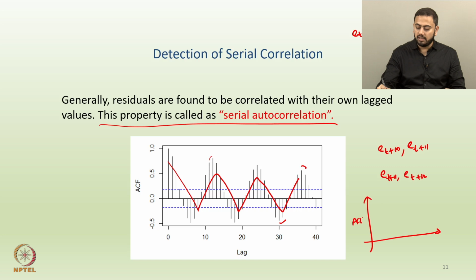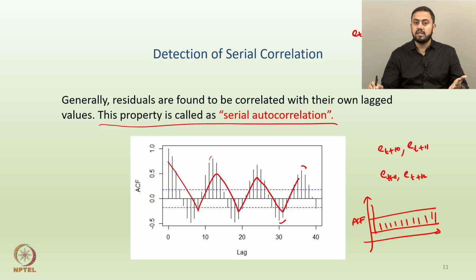So, if you draw the ACF of the errors, now let us say these are the hypothetical bands, then as discussed earlier, probably after lag 1, all the other correlations should be inside the band, or not significant. So, if something like this is happening, then we can safely say that the residuals do not possess a serial autocorrelation problem. But if you have any particular pattern amongst the correlations of errors, then we can say that the errors have a serial autocorrelation problem. All right.